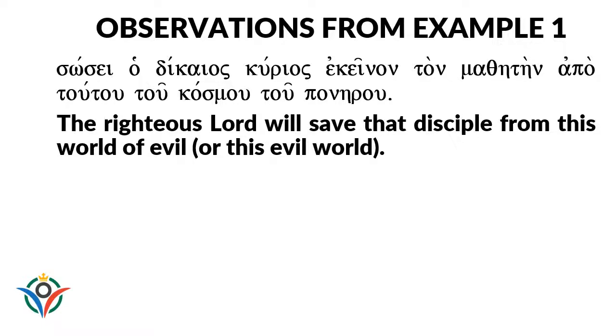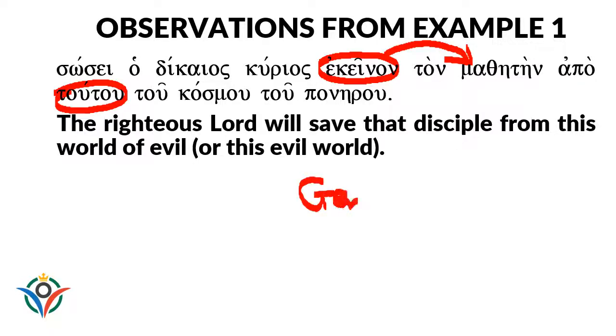Right, so the first thing that I want to speak about are the demonstrative pronouns. So the first demonstrative pronoun is ekenon, and the second one is tutu. All right, so let's look at ekenon. Let's ask ourselves, what is the antecedent for ekenon? All right, well, the answer is it's mathetain. And why is that? It's because mathetain and ekenon agree in gender,